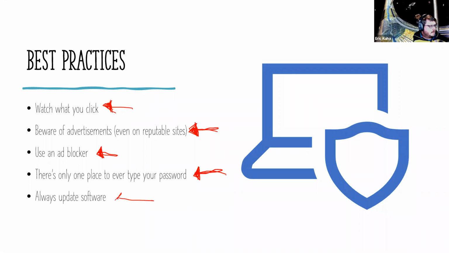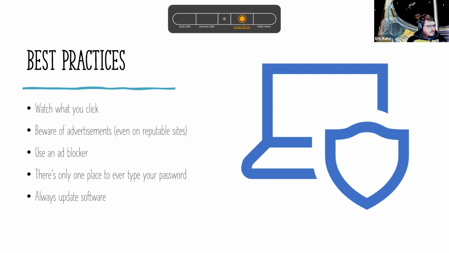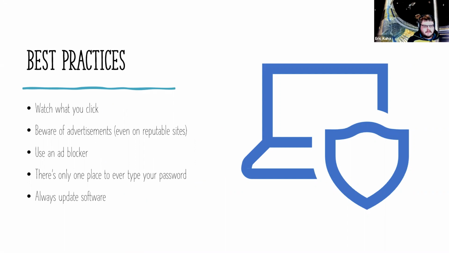Go figure, huh? And then, of course, always keep your software updated. That's what happened with Equifax when they got hacked. Someone found one of their servers in South America had unpatched server software, an unpatched version of Apache, which is the server software that they use. And someone hacked them because, oh, this should have been patched like 5 years ago. I'm going to attack them, steal their database, and then sell it to somebody. So yeah, always update your software. And I know that's kind of a tall order sometimes, but it is necessary.